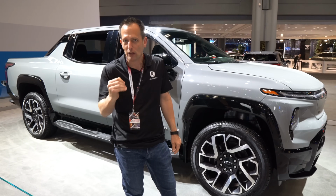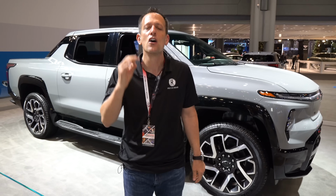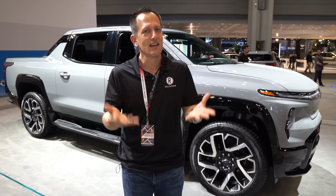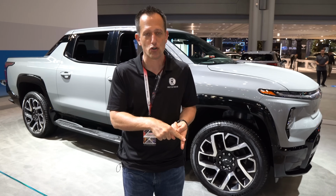to 60 in about 3 seconds, range 450 miles, and here's the kicker. You could charge on a DC fast charger, you could charge 100 miles in 10 minutes. That's gonna make this electrified truck, I think, a little bit more palatable compared to the Cybertruck or compared to